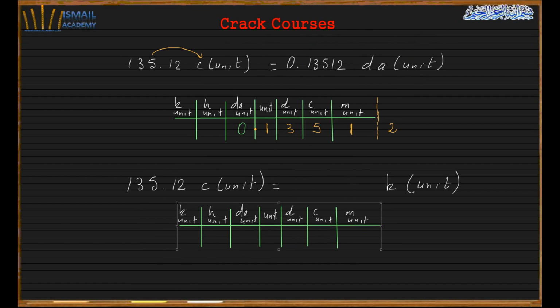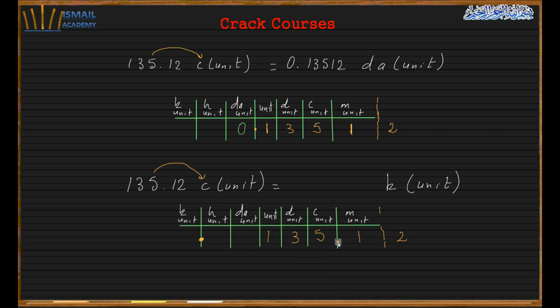So the same one. Like I say, you write down the value on the table. Here this one belongs to the unit, so that means this is gonna be 5. We have 3, 1. I put the dot, 1, and again whatever is here I put the number after. Now I need to move this dot into the kilo position. So I click here and I move the dot into the kilo